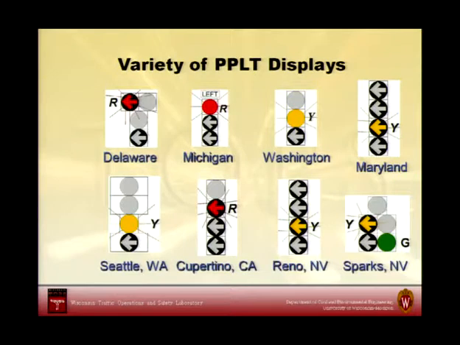What the Federal Highway Administration said at the beginning of this project was, you know, we need to put our hands around all these and try and filter out the ones that aren't working so well. And if we're going to do something different than the circular green, we need to identify which one that is and see if we can implement that nationally.